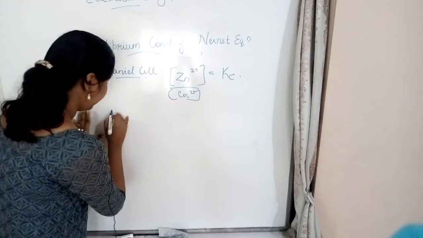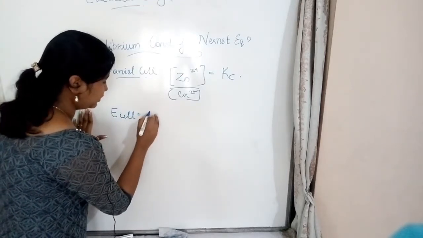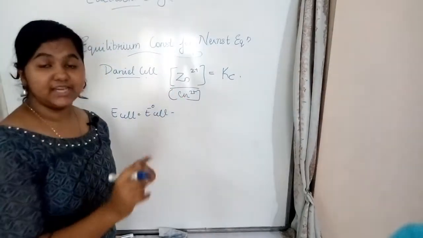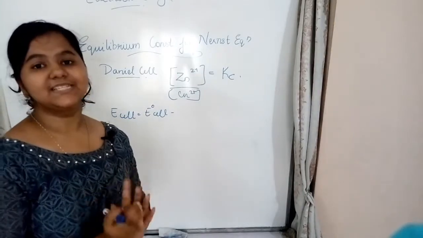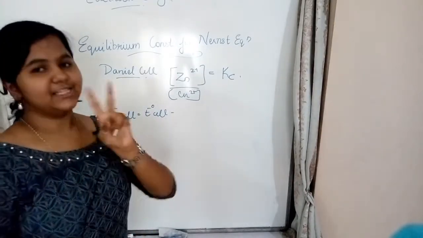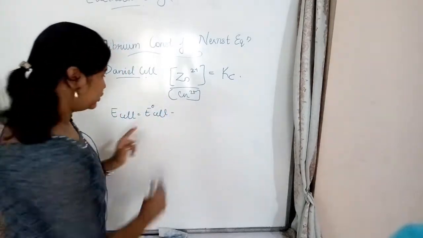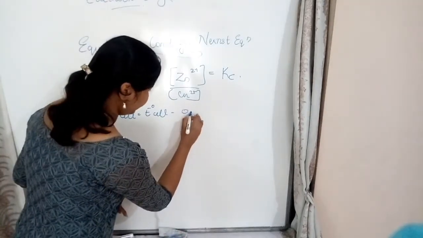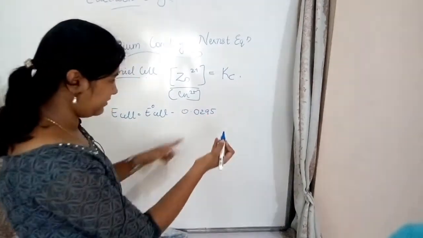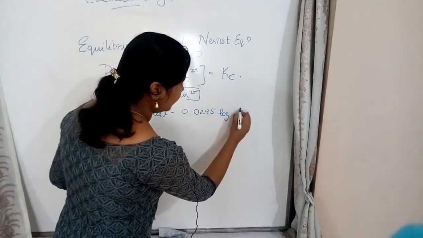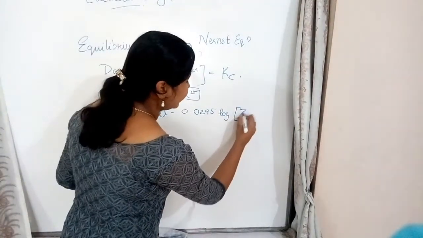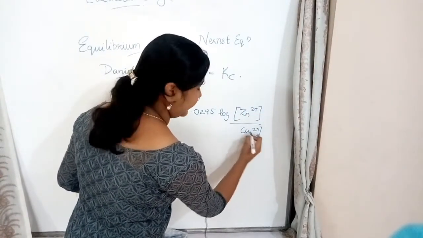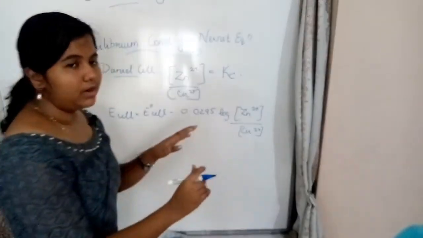So for a Daniell cell, E cell is equal to E0 cell minus 0.059 divided by n log of the product ions. We know the number of electrons in the reaction of a Daniell cell. It's 2 electrons because we have 2+. So we write 0.059 divided by 2, which is 0.0295, log [Zn2+], with no stoichiometric coefficient, and [Cu2+], again with no stoichiometric coefficient. So this was our equation.